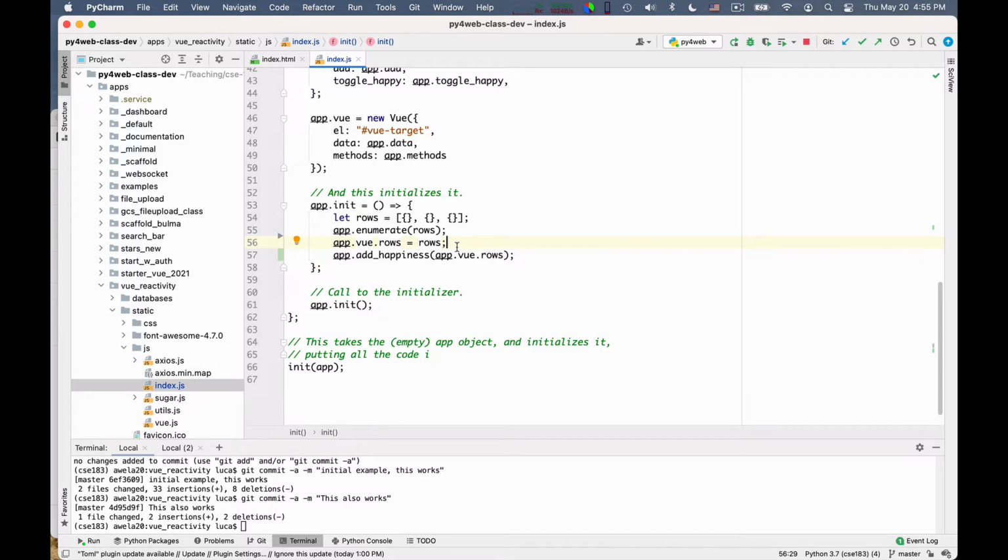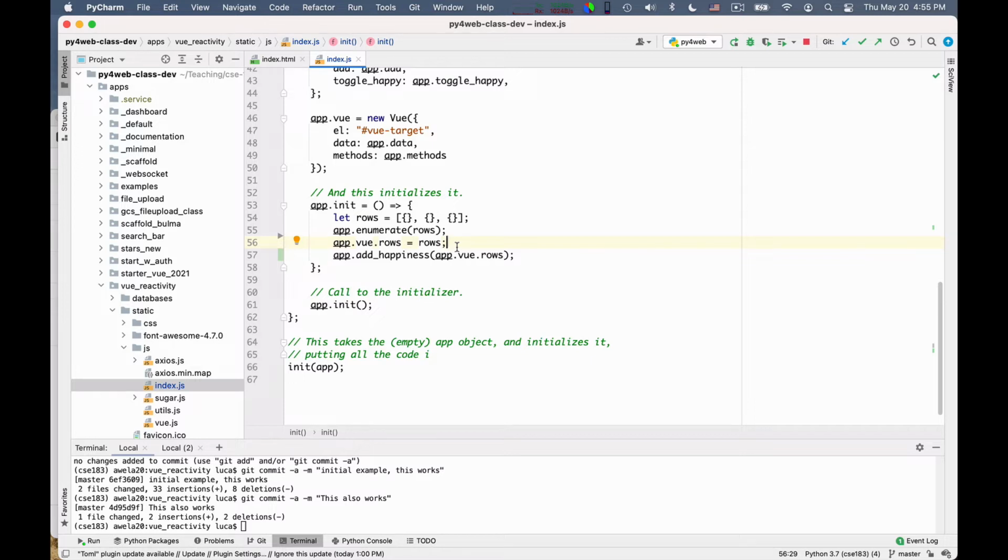Creating a new attribute of an object, assigning a value to an attribute of an object, is such an elementary operation in JavaScript that Vue does not have a way to actually observe it. And so it goes below the Vue radar screen, and Vue is not able to add the sentinels that enable it to observe the change.